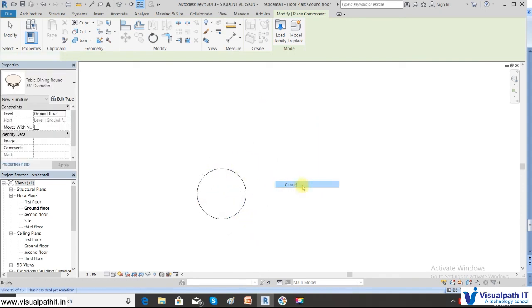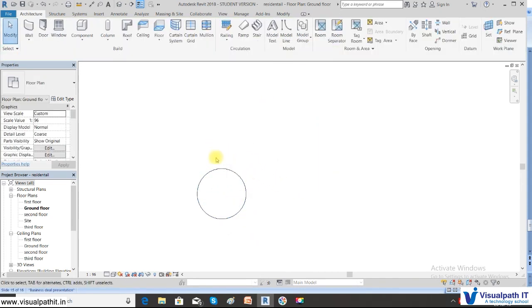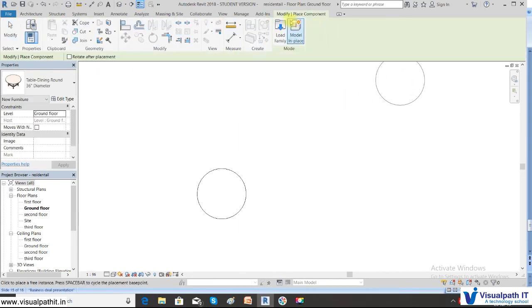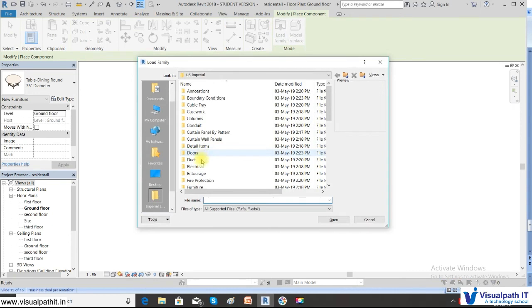Now I want to place a chair so that I can array it around the table. One more element which I am placing is a small chair.